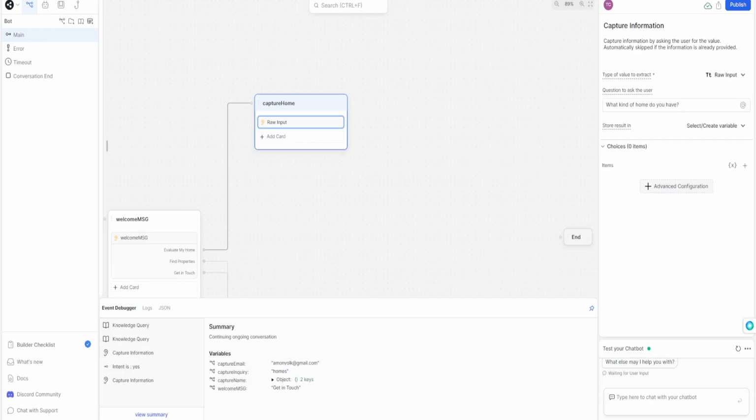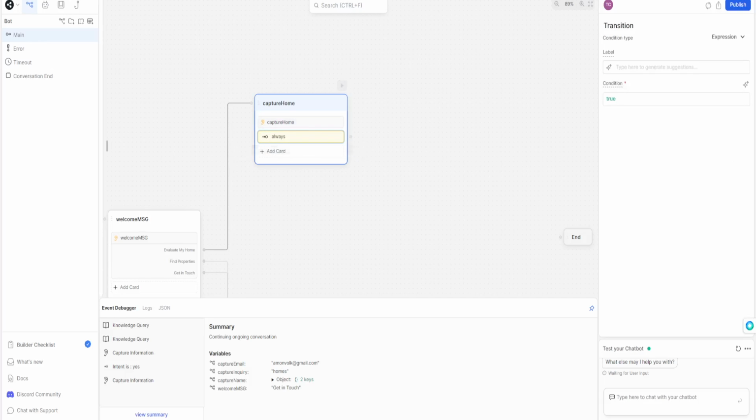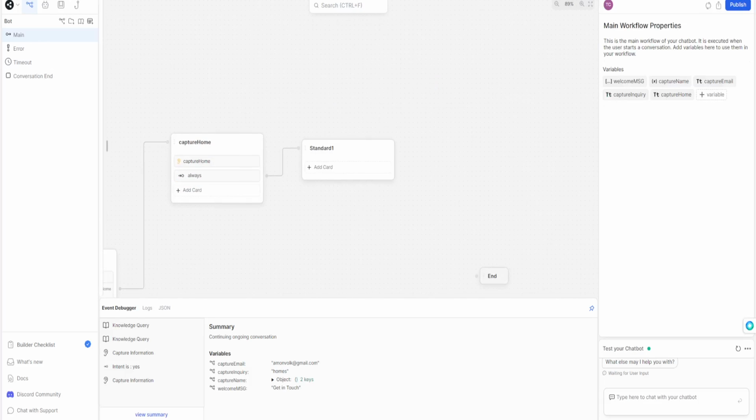So they'll say what kind of home they have. We'll let them answer rather than try to funnel it. And then we'll say capture home variable. Again, paste the card, always, and then we can click continue, right? And then we're going to capture